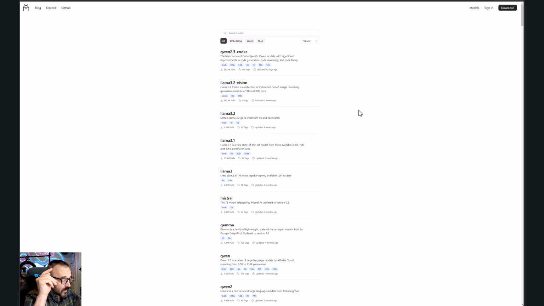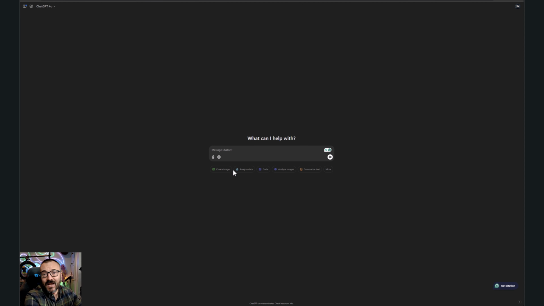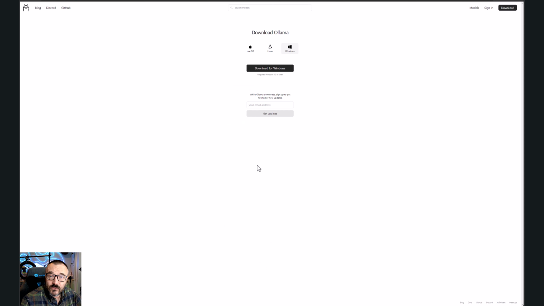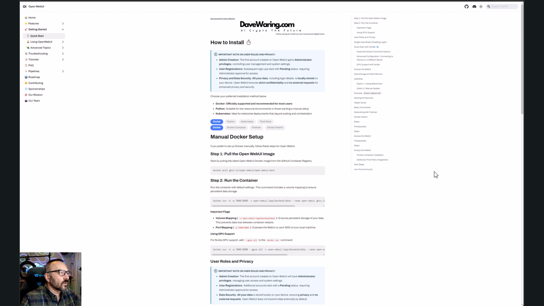But you know what? I don't know if you want to run in the command prompt all the time. For me, one thing I like is the interface. I like how in ChatGPT I type here and all the stuff works. Good thing that Ollama also has an interface we can use. But for this, we need to install a couple more things, and we're going to use what they call Open